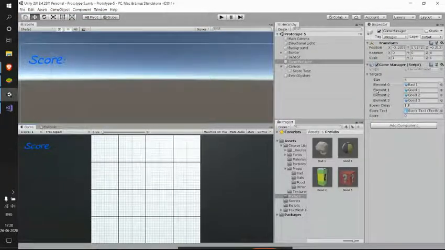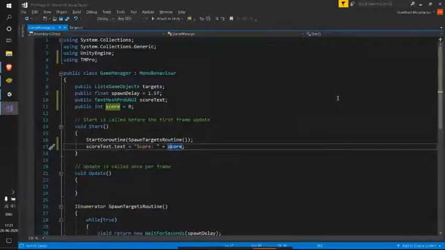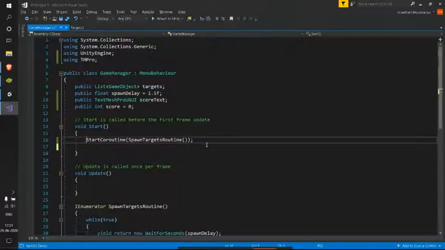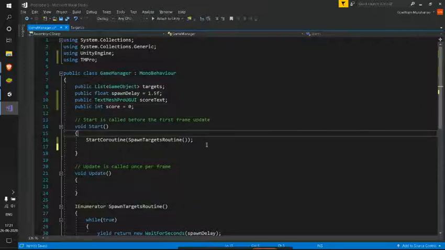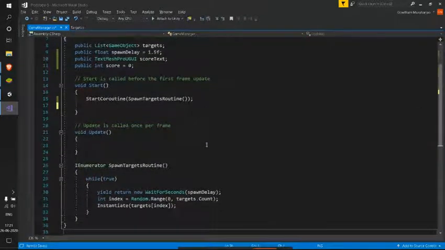Now I'll be making a method for this, and I'll be using this method to deal with this particular thing. So let's get back to our code in here. Here I'll just cut this part and I'll be creating a new method.